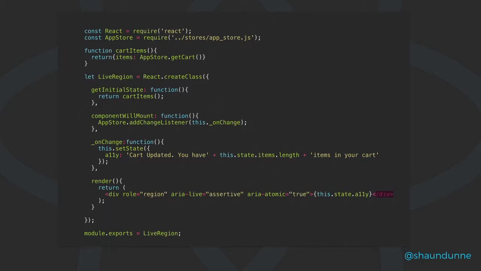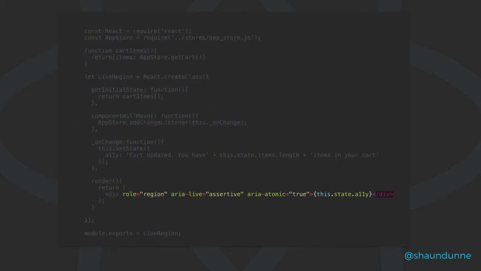What you can do is use a live region, and you can hide this for visual users. What I use here is ARIA live assertive, and that just says when you finish speaking anything that you're speaking at the moment and this needs to be executed, just wait. There are different levels that you can check out. Assertive is pretty standard. And ARIA atomic equals true just means read out everything within this element. You can set it to false and it will read out only the thing that's changed.